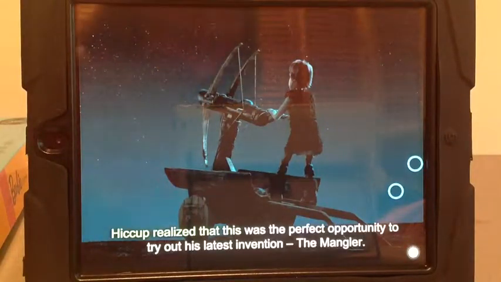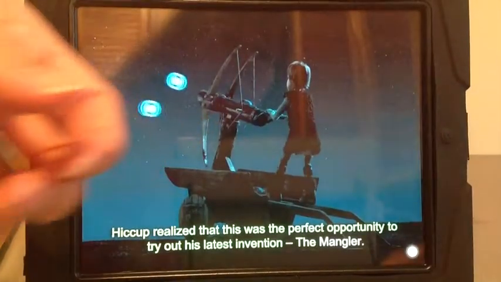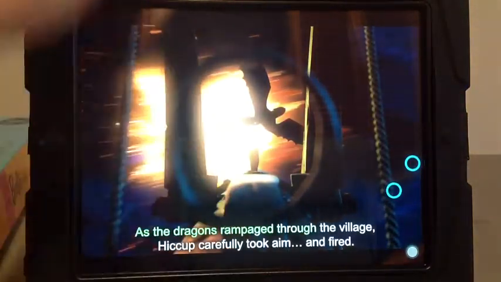Oh, there it went. This was the perfect opportunity to try out the Mangler. I'm going to try it again up here. He told him it worked. So it seems to catch on